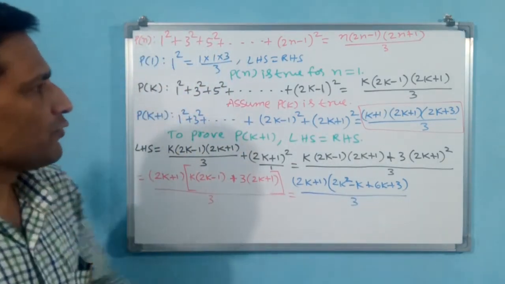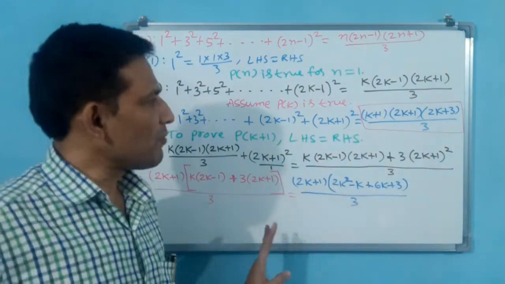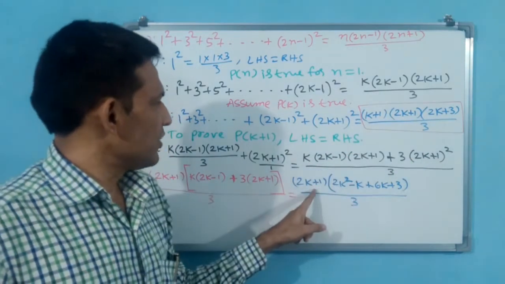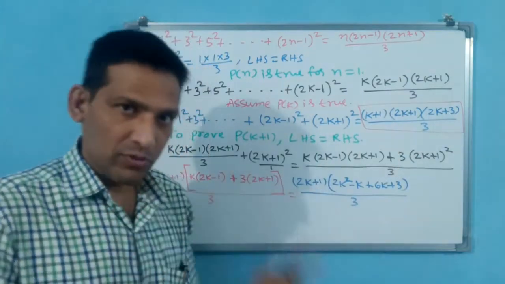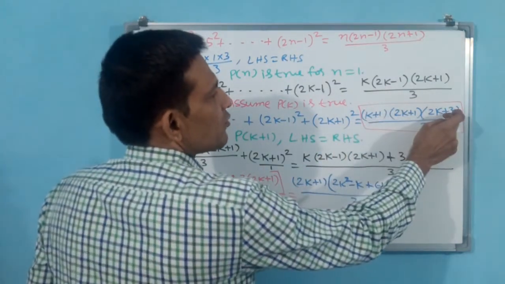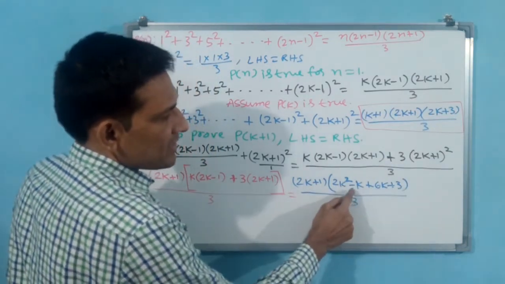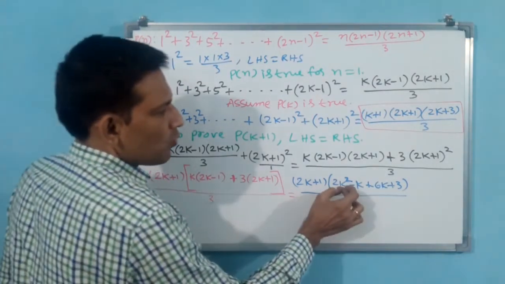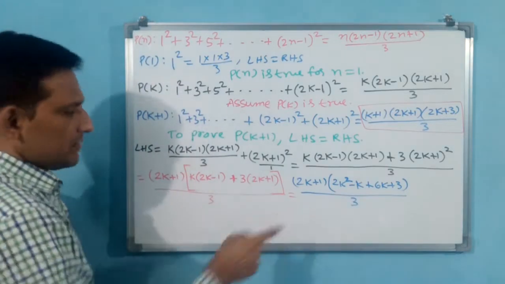What do you require? You require this one. Denominator is 3, the denominator is over, you do nothing to it. In the numerator, 2k plus 1 is there. Now k plus 1 into 2k plus 3 has to come. What you have to do is multiply this k plus 1 into 2k plus 3. You see here 5k is there: 6k minus k, 5k. That you keep in mind. 2k square plus 5k plus 3.